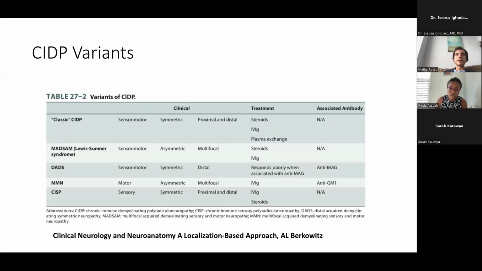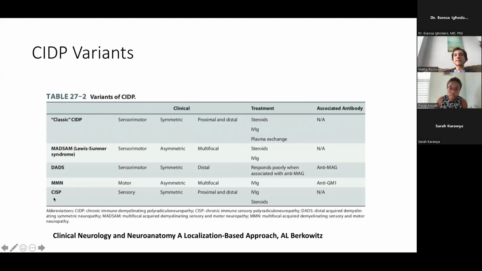The classic CIDP, again, it's symmetric, proximal and distal, sensory motor, again treated like AIDP with IVIG and plasma exchange, but as I hinted at before, steroids can be given for this. And then there are some rarer variants,